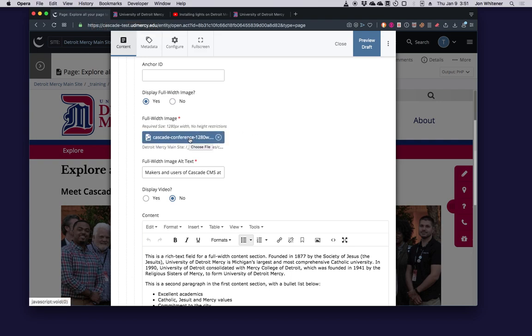So if you're first specifying a picture or you're changing a picture, the process is the same. You'll click here. Oh, before I do that, notice that there's a little hint here that you need to pay attention to. It says that the required size for a full width image is 1,280 pixels. Again, if you don't know about sizing photos or images, work with us.